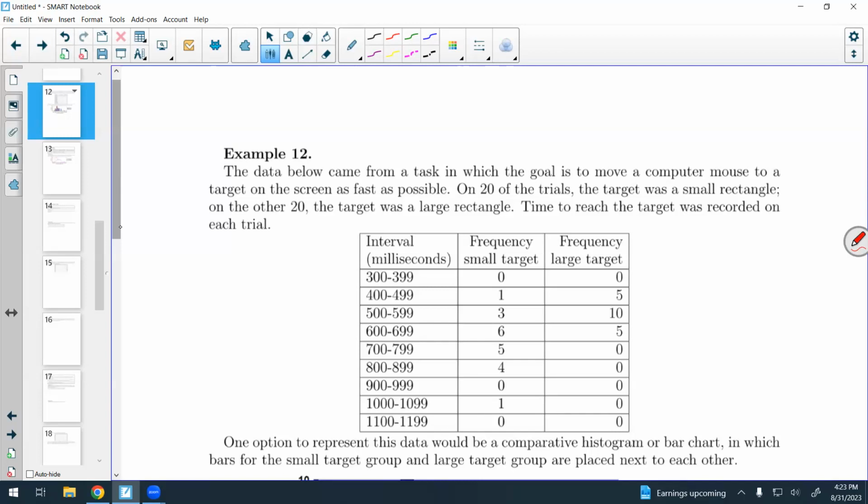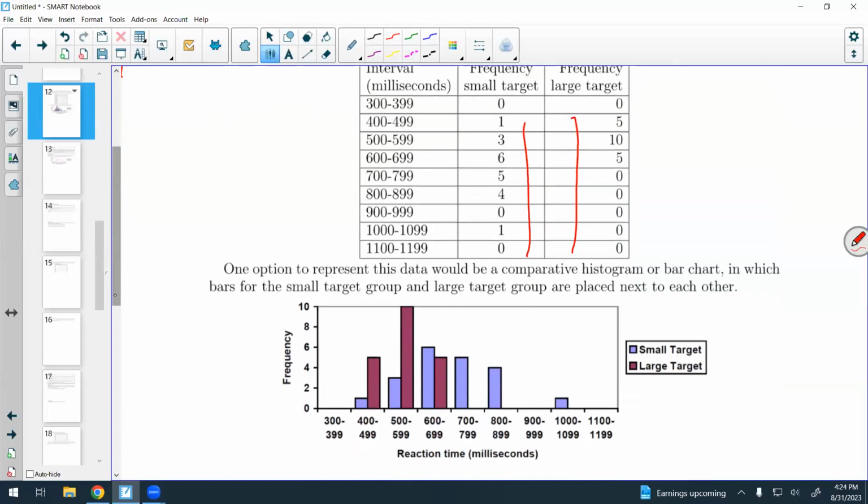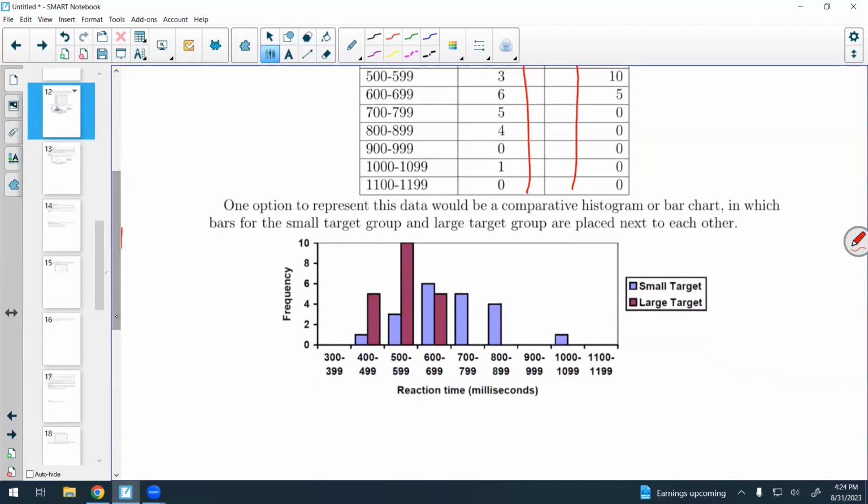So we have the intervals with a width of 100. We have the small target frequency here, large target here. So we could represent this data with a comparative histogram or bar chart like this, where you see the small targets in blue and the large targets in maroon. Maybe something like that. But that's really hard to see much with. I mean, you can look at it and figure it out, or we can move to the next concept